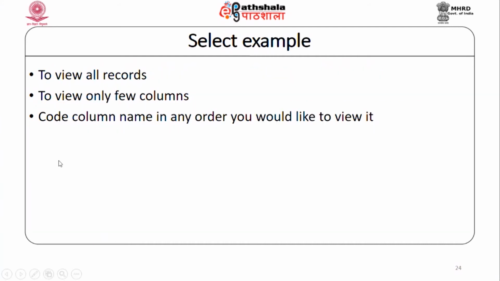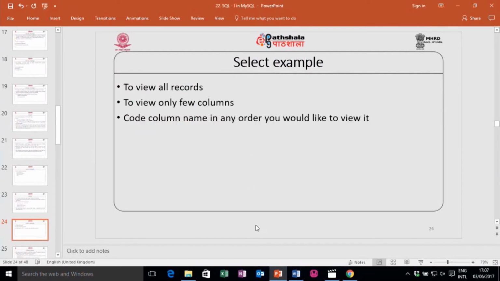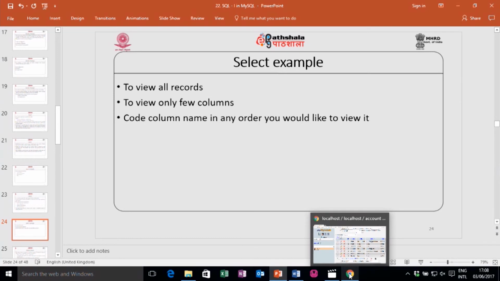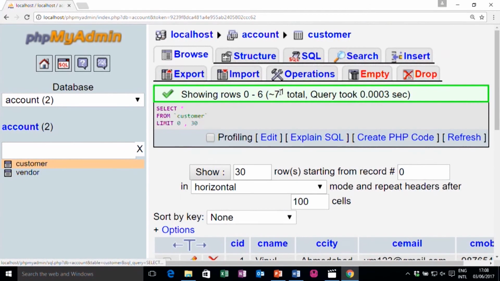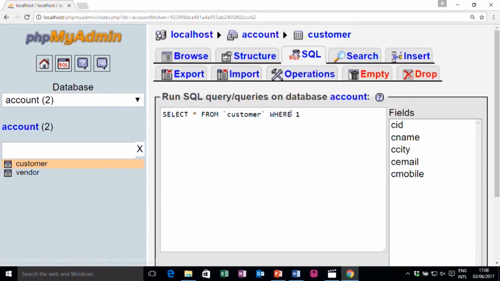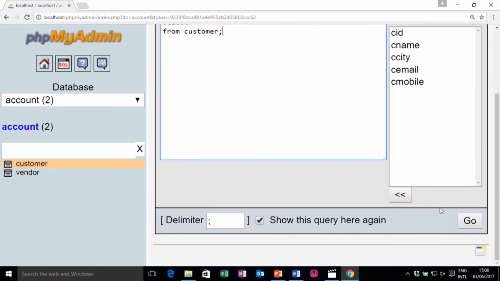This is the example I will show you, to view all records from the table, or a few columns, and column names in any order. So, let me go to SQL and write a select statement here. Let me write select star from customer. Star means all the columns, and it will show all the records.